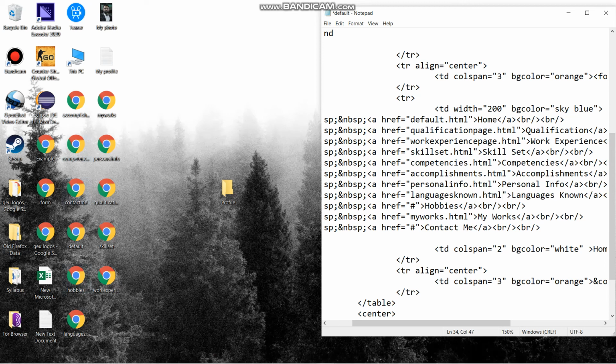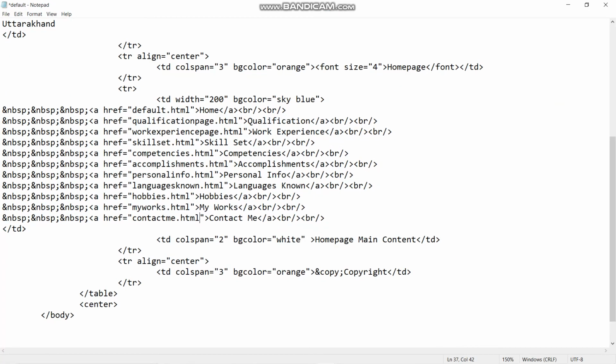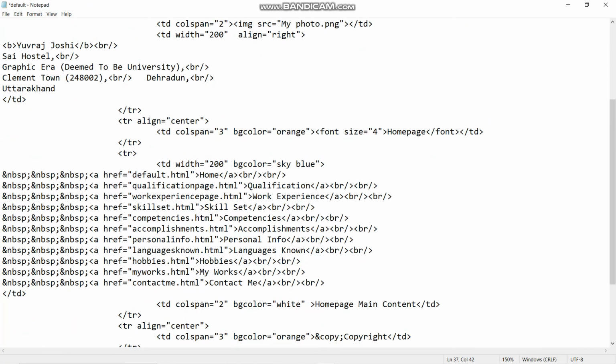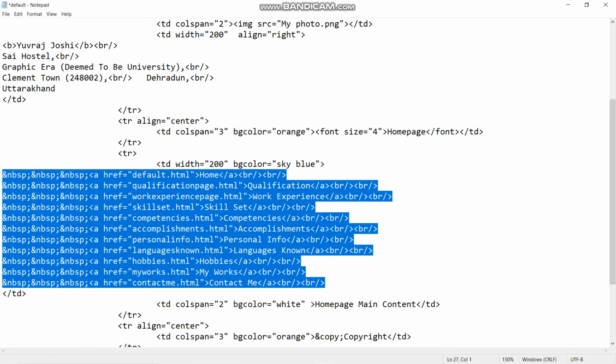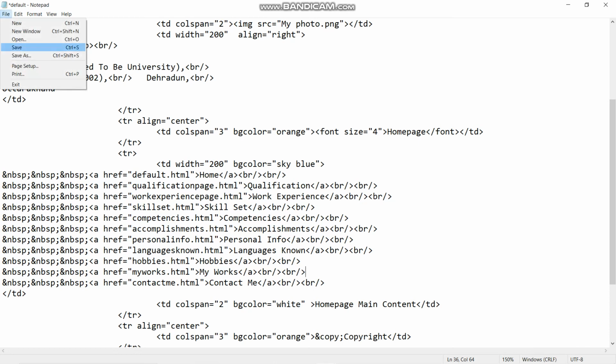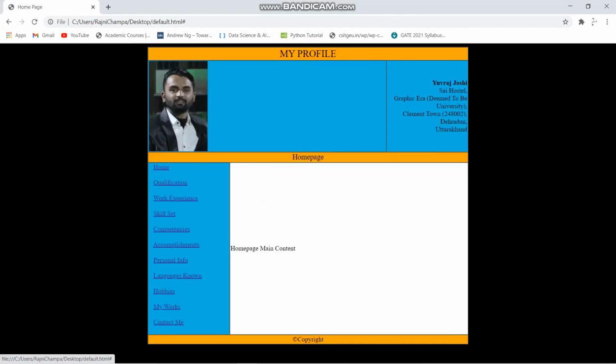Save it. Just remember you are on the default.html notepad. So save, refresh. Now what we will do is I click qualification page, but I cannot click on others, and I cannot go